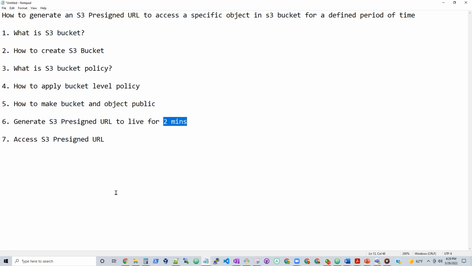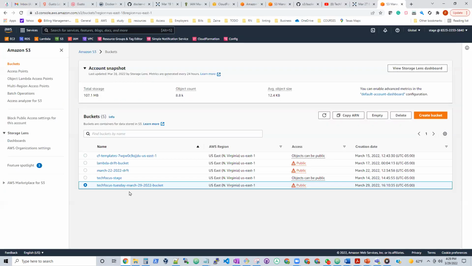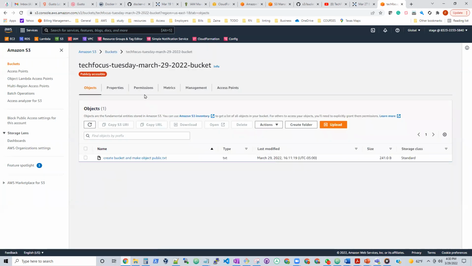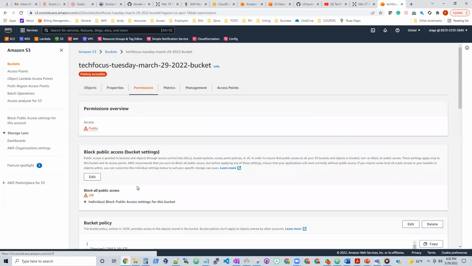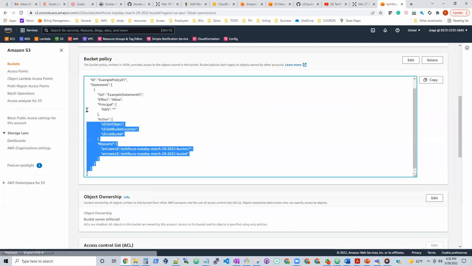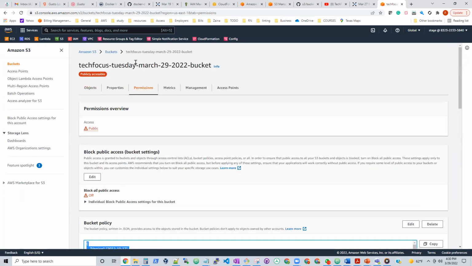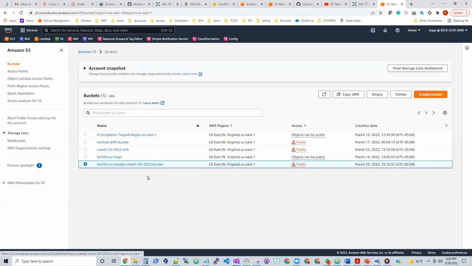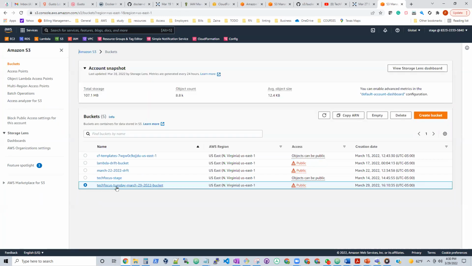So how do you do this? In the previous video, we created this bucket and we made changes to the bucket policy, which I showed you how to do. Okay. Now, let me show you how to generate the